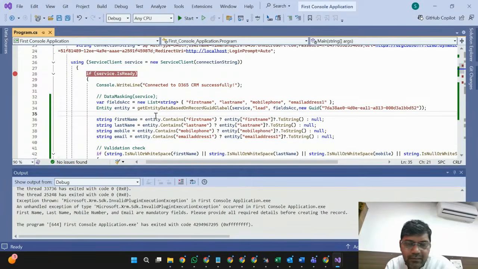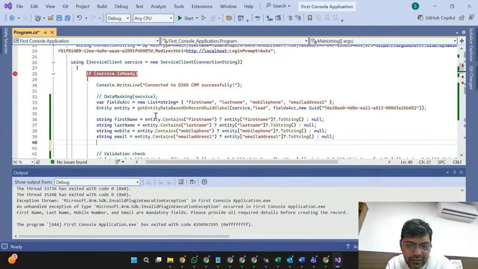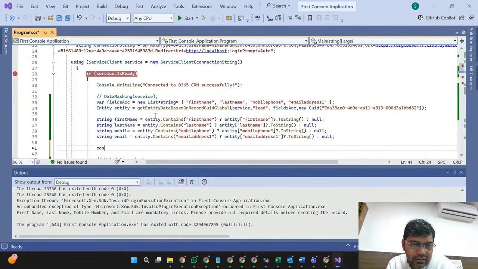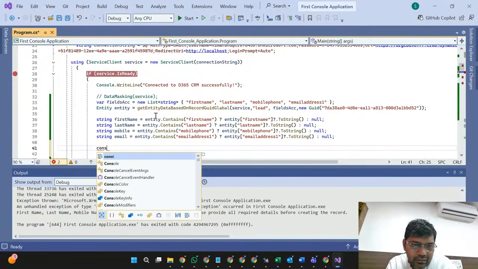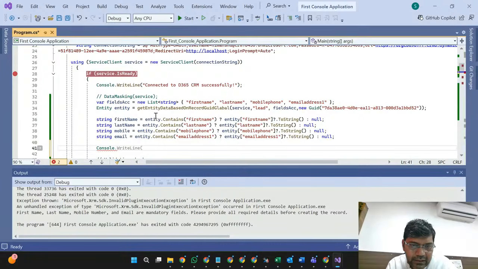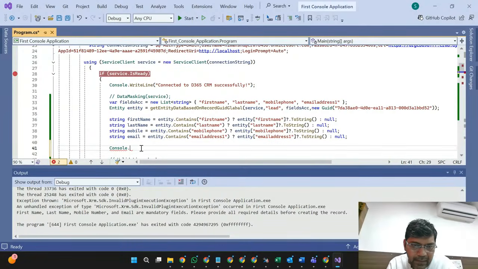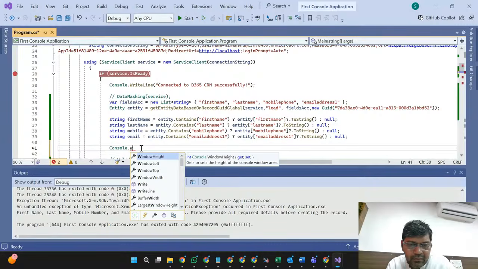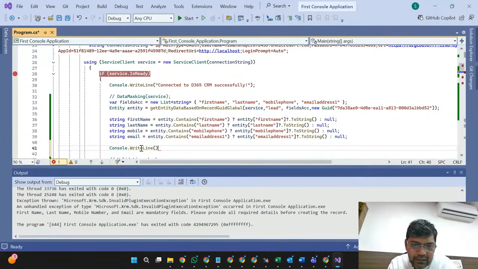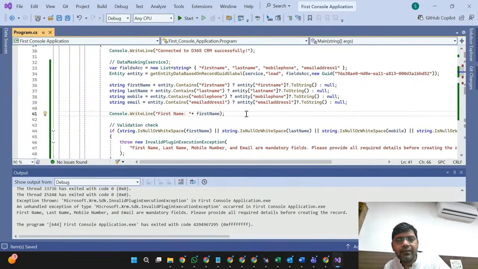Suppose if we want to write something here, console.WriteLine. That's it. In the same manner we have written it even in our plugin code.